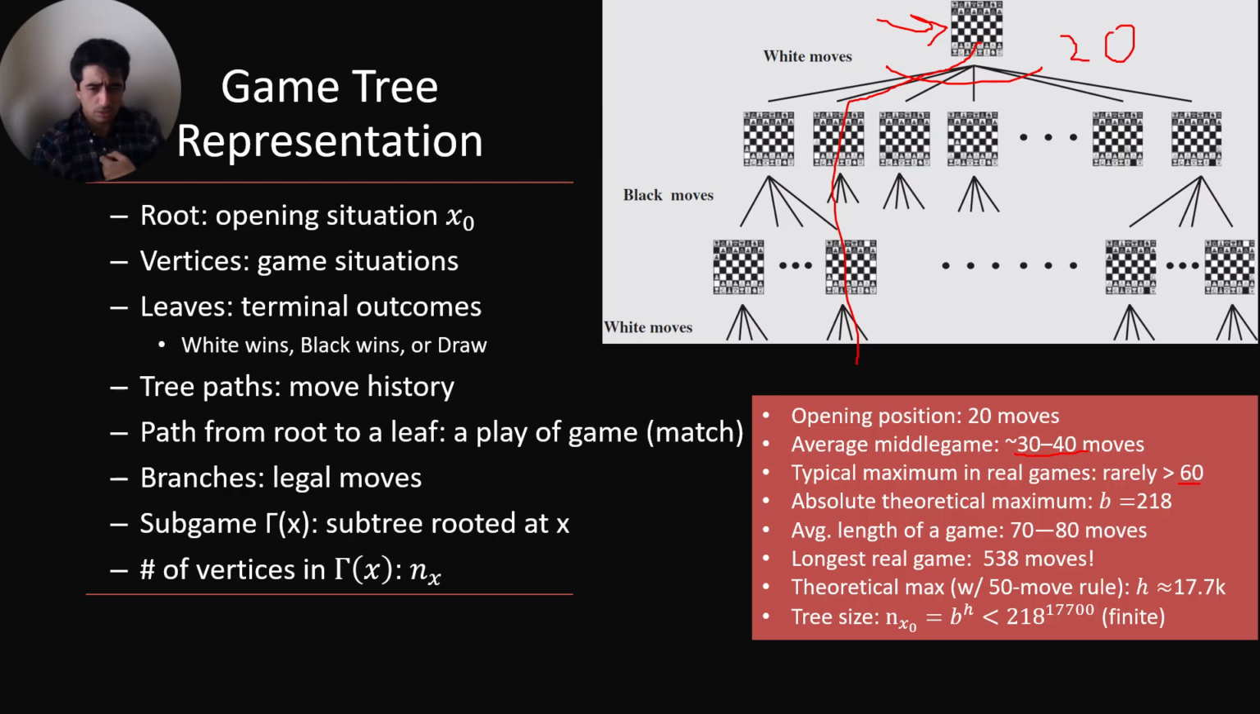But you can create a theoretical scenario that gives you the absolute theoretical max, in which one vertex can have up to 218 different children. That's a lot. I don't want to show you how this is possible, but there's a way to create this 218 theoretical maximum number of children for a vertex. And that means that at one moment in the chess game, you have 218 different